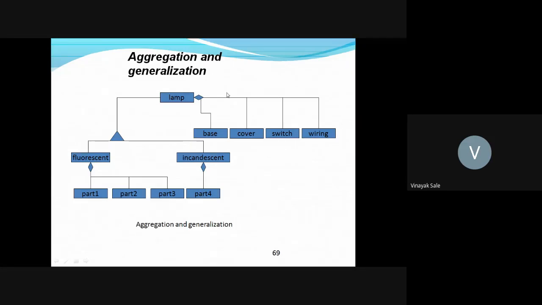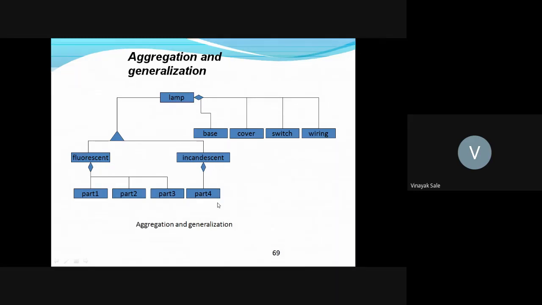Aggregation is a has-a relationship. So any lamp, here the concept class is lamp, has properties: it has a base, cover, switch, and wiring. There are two types of lamps, fluorescent lamps and incandescent lamps. Fluorescent has part 1, part 2, part 3.